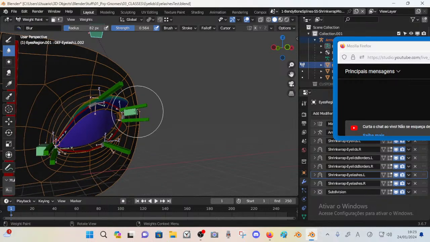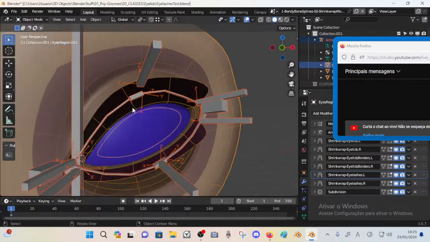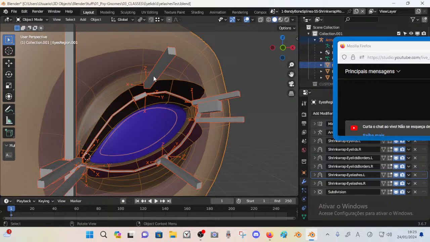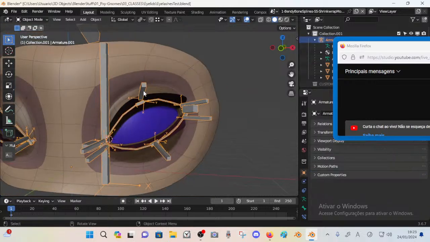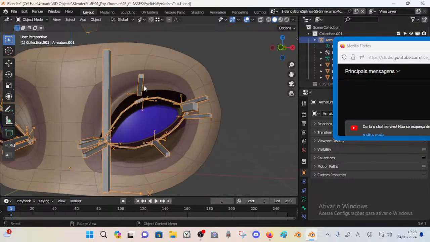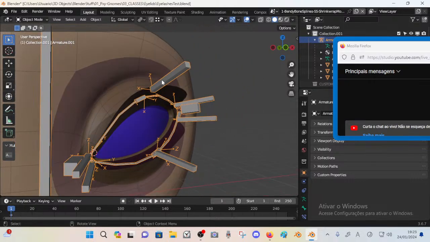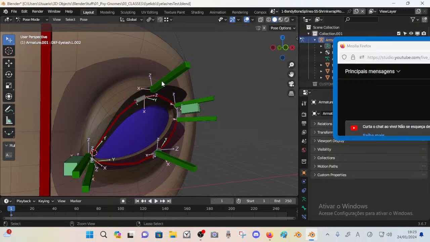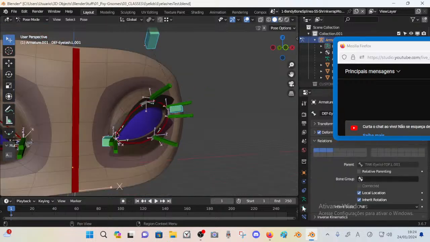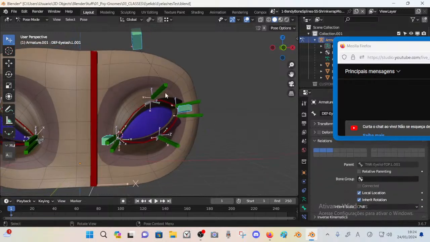So what if, instead of having the armature, for example, let's disable these as deformed bones all at once, and now I just have the object